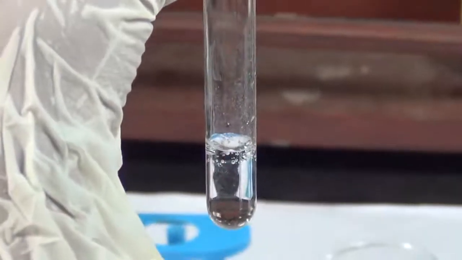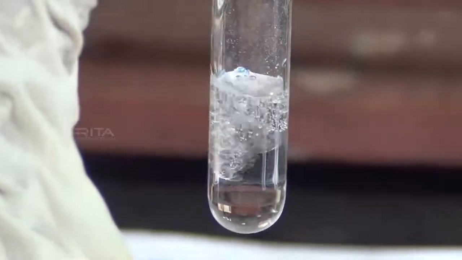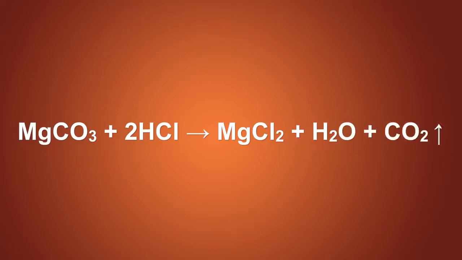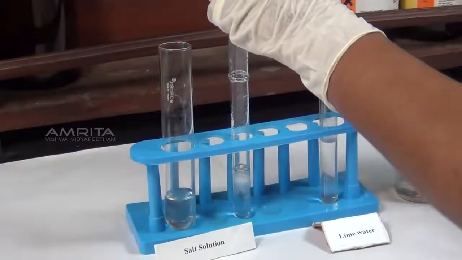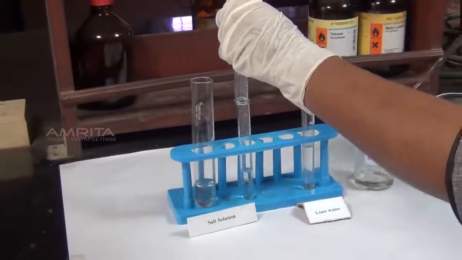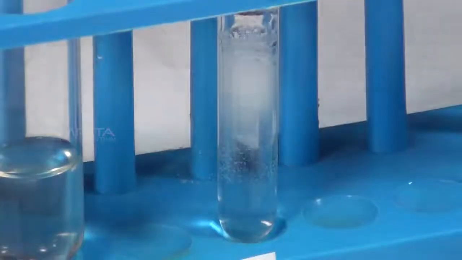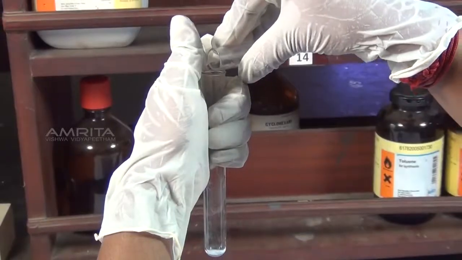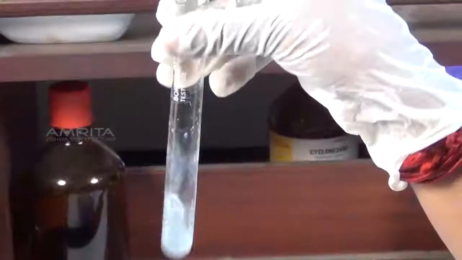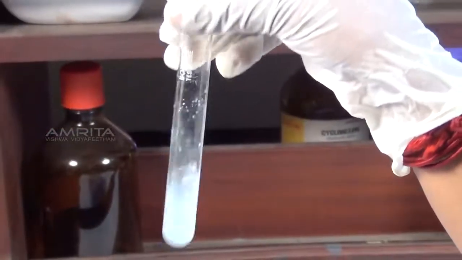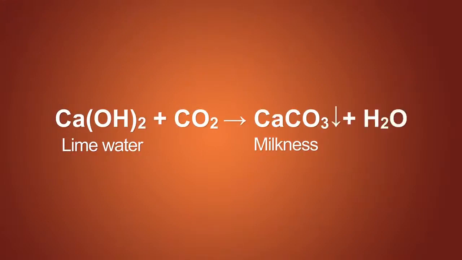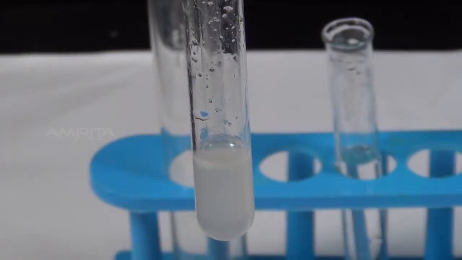Carbonate reacts with dilute hydrochloric acid to produce brisk effervescence with the evolution of colorless, odorless gas of carbon dioxide. Cover the test tube containing solution with an empty test tube for some time and collect the gas evolved from the solution. Now, pour lime water into the test tube filled with gas. The lime water, which is the dilute solution of calcium hydroxide, reacts with carbon dioxide to form insoluble calcium carbonate, which turns the lime water milky.